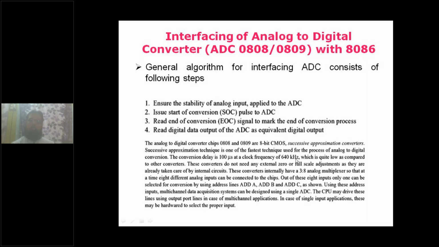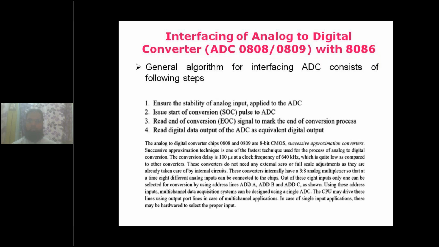What this A to D converter does is, it accepts 8 different analog signals, and among the 8 different analog signals, only one analog signal will be selected, and that analog signal will be converted into digital form, and those digital values are available over the digital output lines. So this A to D converter selects one of the analog signals among the available 8, converts that one into digital, and then the digital output will be available over the data output lines.